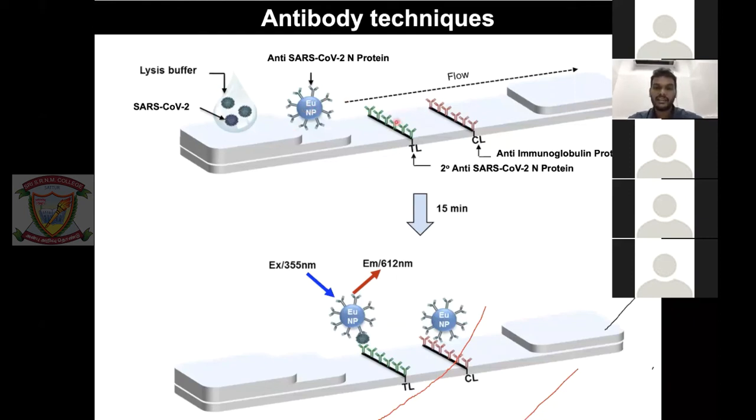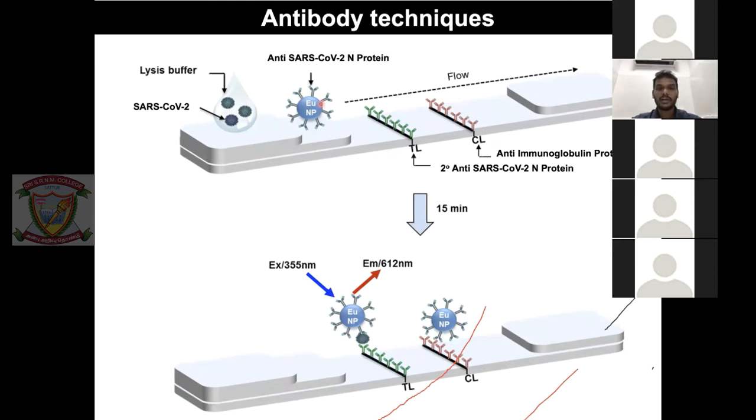And here is the secondary antibody. This secondary antibody binds to this primary antibody. Now this guy will stick if there's nucleocapsid protein. But if there's no nucleocapsid protein, it just rolls off, like when you're washing, it just keeps rolling out. All right. So now when you keep doing this, if there is virus, you will see this is bound to here, and when you excite, you will see fluorescence.